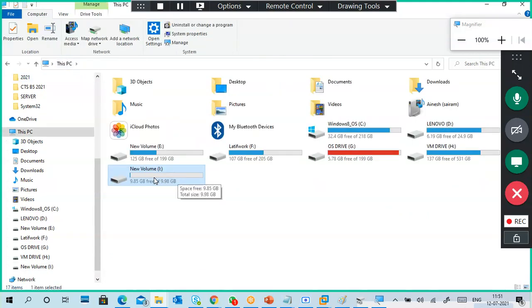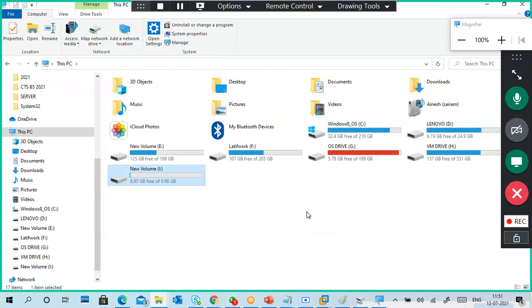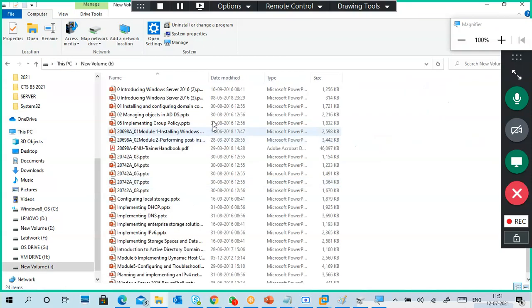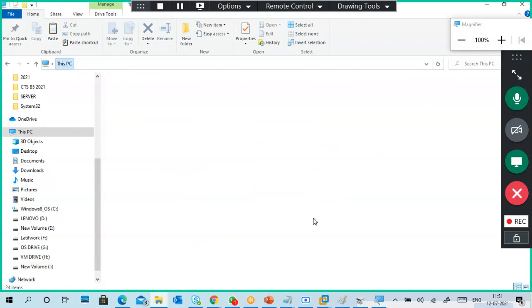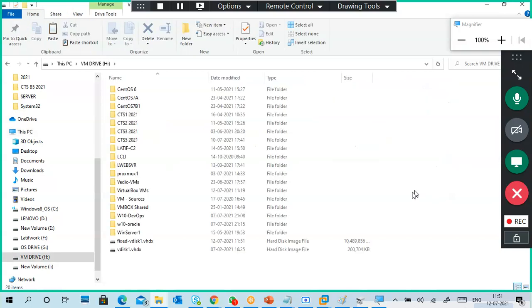So where did I copy? In the I drive, right? But where is this data actually stored? Guys, where is the data actually storing? In the H drive, in this hard disk file only. Very good.